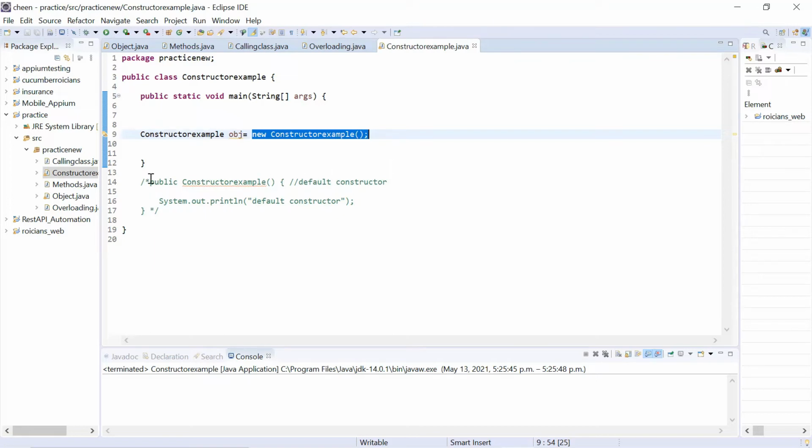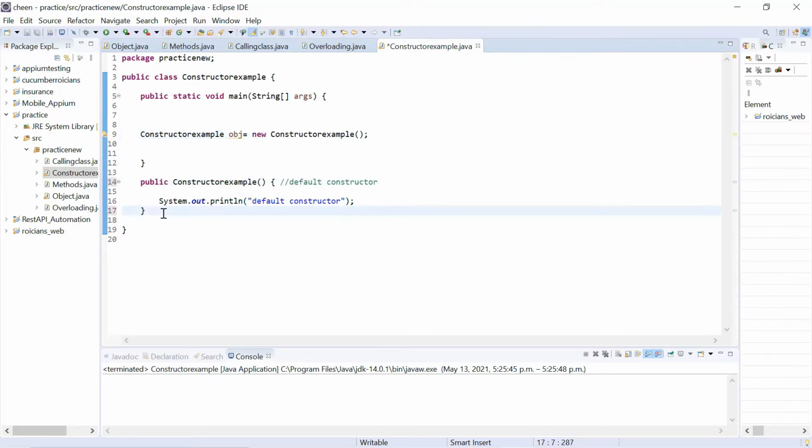Now I will show you how to create a constructor with parameters. As I've told you, the constructor name and class name must be the same. Now how can I create another constructor? If you remember, there is a concept of method overloading. The same concept applies for constructor overloading. What is constructor overloading? This is a mostly asked question in interviews. Constructor overloading is the same as method overloading. That means if you want to create constructors with the same name, you can do that, but the number of parameters should be different.